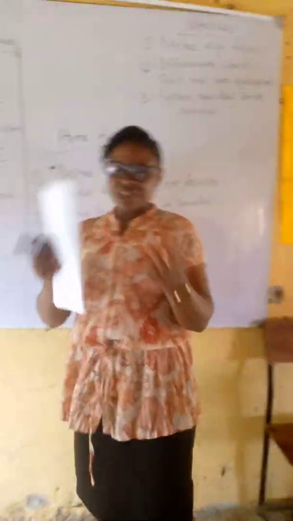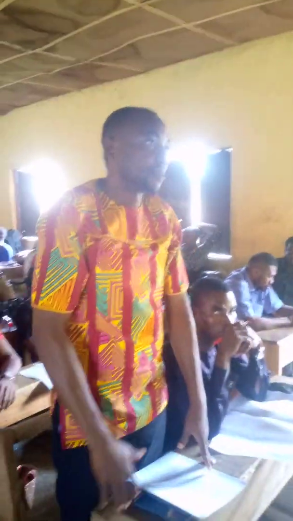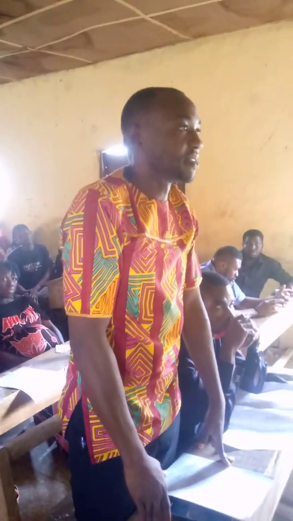Yes, you tried, but you mixed it up. Can you explain to me what is short-sightedness? Short-sightedness is when you can see an object closely, but if it's far away from you, you can't see it clearly. Very good. Clap for him. Can you explain long-sightedness? Long-sightedness is when you can see objects far away and you cannot see the ones that are close. Very good. Clap for